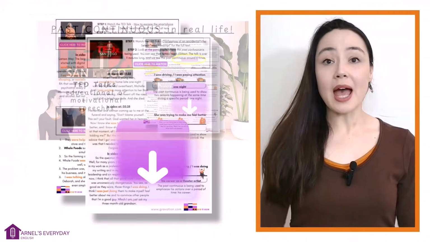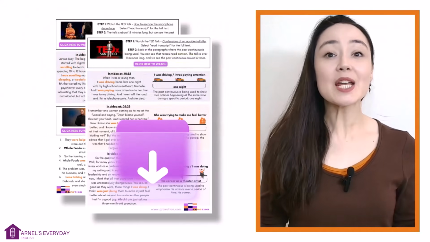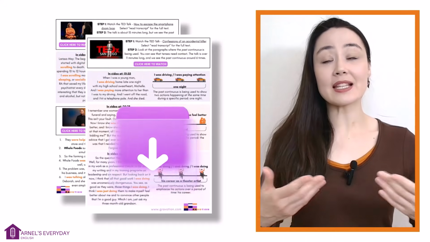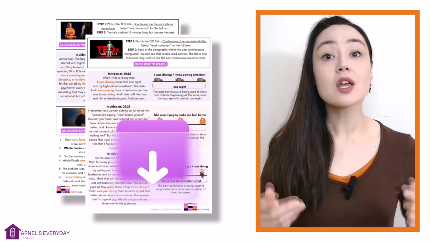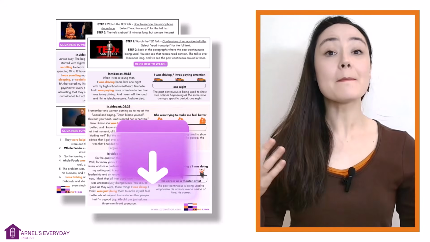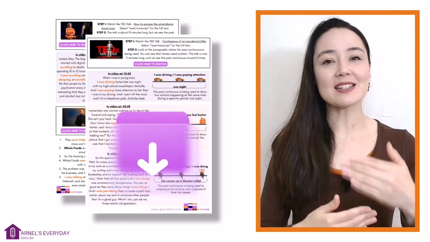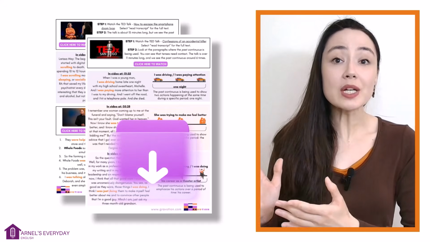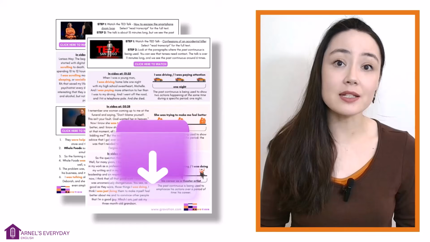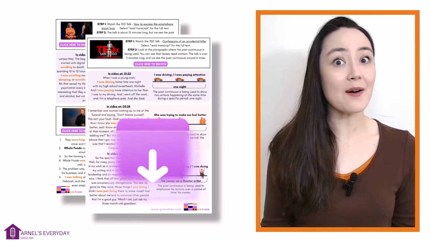The link to download this PDF is in the video description. TED Talks use advanced English, and it was really easy for me to find examples of the past continuous because they are so common. Today's lesson is about basic, step-by-step grammar, but my PDF will give you real-life examples in context. That's always really helpful.